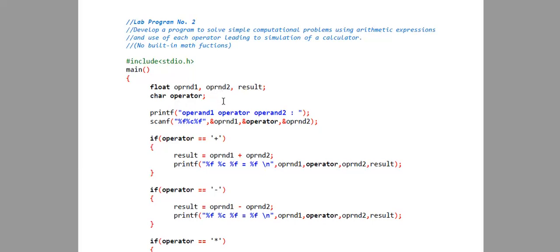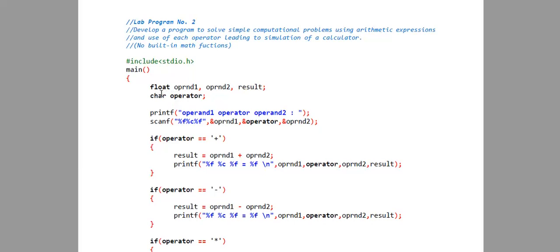So we need two operands and one operator. For example, the input would be like 5 plus 2. 5 is the number we want, plus is the operator character, and another operand, that is another number. That is what the input requires.